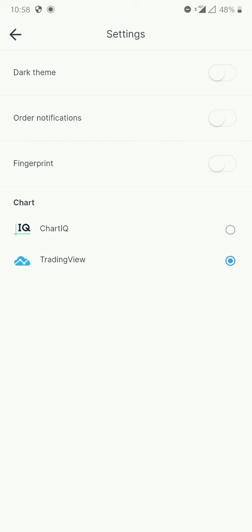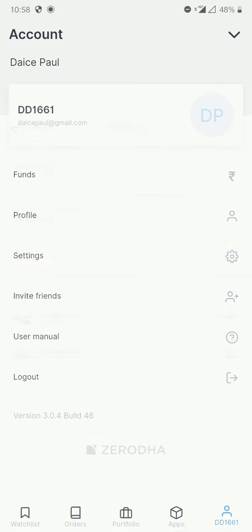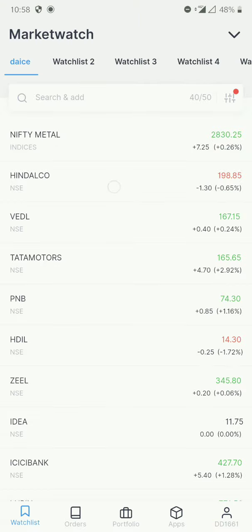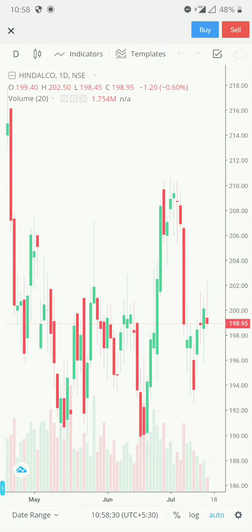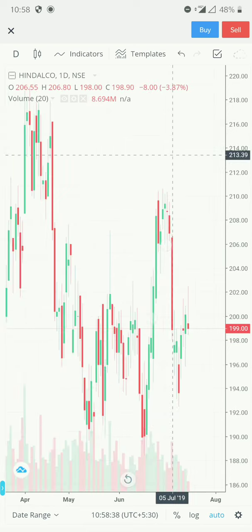And also now you have these chart views, that is the IQ chart and the TradingView chart. The regular IQ chart you would have seen in the previous version. TradingView, let me just show you, going to the chart. This is a little bit advanced version. If you're not used to it, then just take some time and look at it. You have a lot of options on this. I will try to do a review one day for the people who don't know, but this is a little bit advanced version of it. It is really good to use on a system as of now.